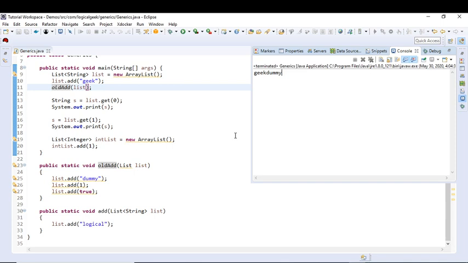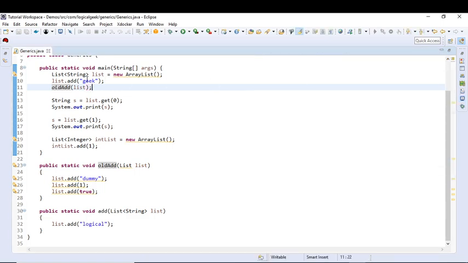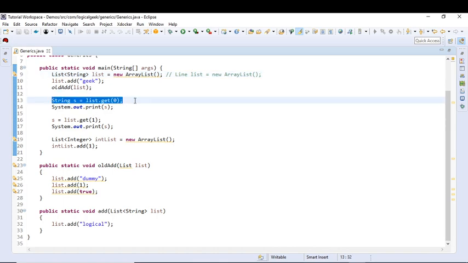In other words, even if you wrote List of String, by the time the compiler is done with it, the JVM will see only this line of code. So at this line, the compiler will insert the cast while converting the file to bytecode.